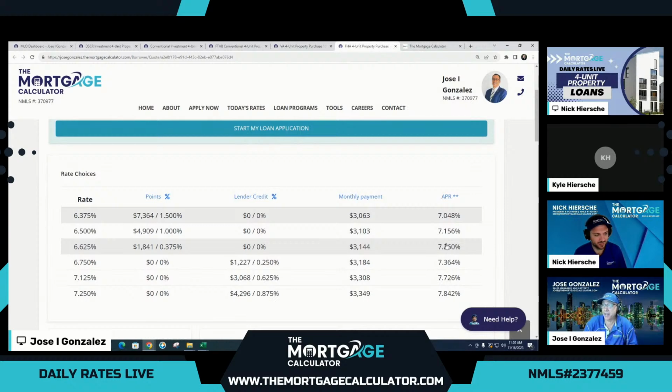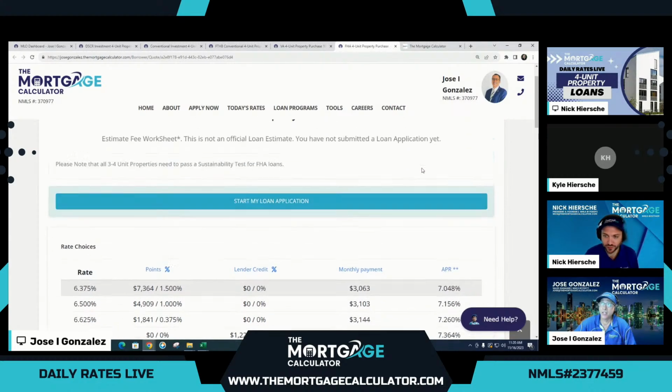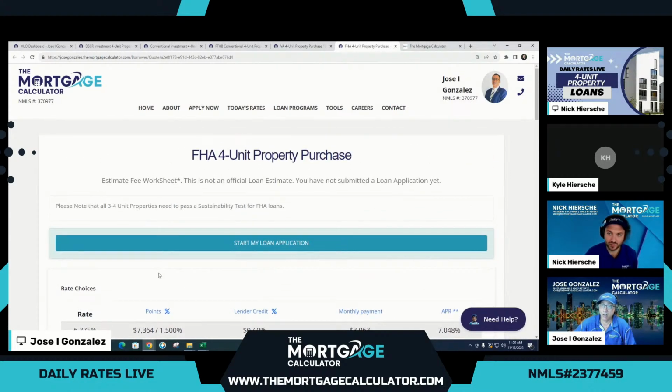And you can buy that down all the way to 6.375 at a very good cost there. And that's still 3.5 down? Yes, sir. 96.5% LTV. Now, the only thing to consider when you do have a 3 and 4-unit property is